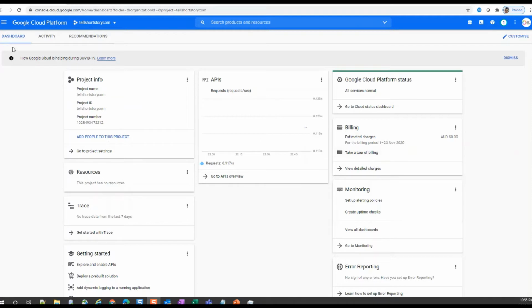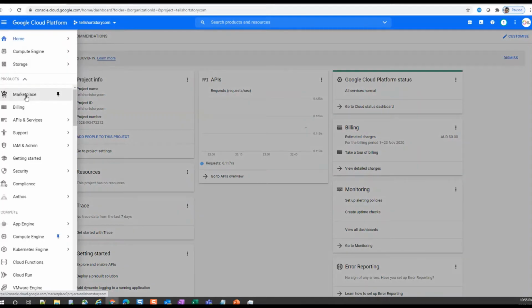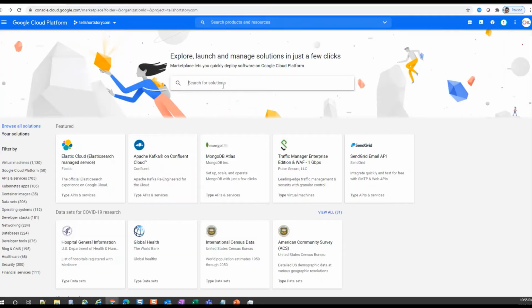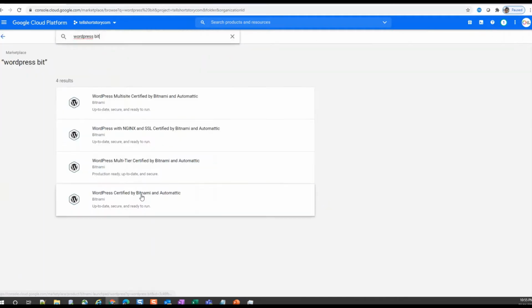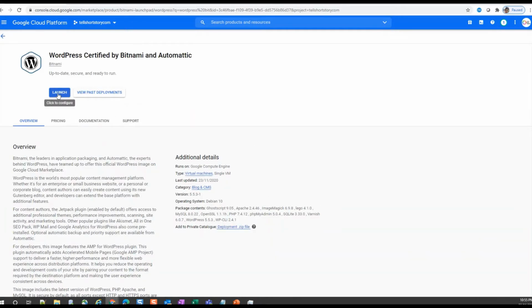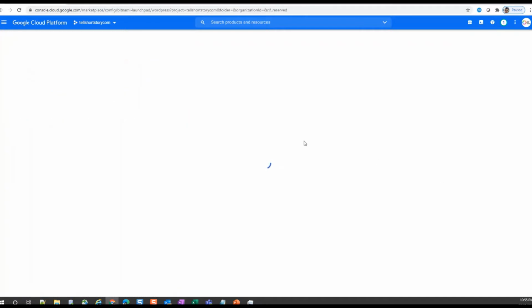So the first thing, we are currently logged into this GCP console. First thing we'll go to the marketplace, and that is where we'll search for the WordPress image. Search the image. Yeah, certified Bitnami. And once we select it, we'll just click on launch, and that should give us the